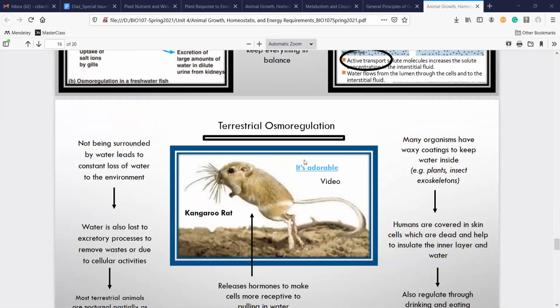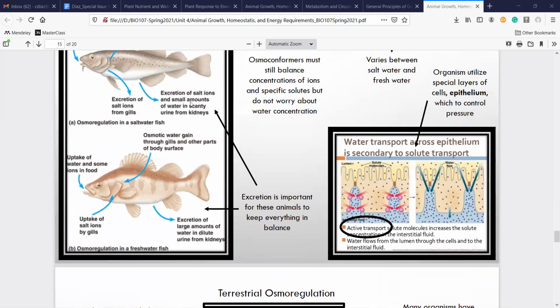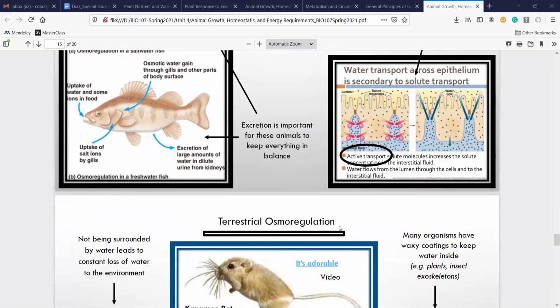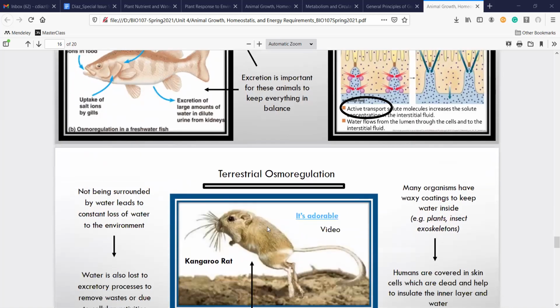Organisms that are on land are still losing water, and obviously we need to take in more water than an animal that's in the water, right? We're losing it because we're not surrounded by it. A fish, however, is not going to lose as much water. So think of terrestrial organisms as osmoregulators. A mouse is an osmoregulator. Certain sharks, osmoregulators. Osmoconformers, fish,